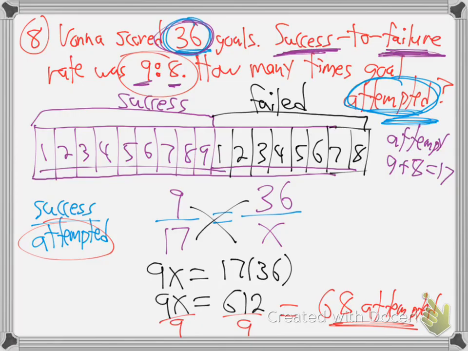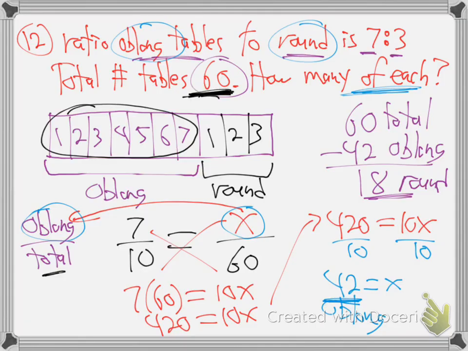Whereas back here on number 8, it was 36 goals, success to failure, attempted. That's total, isn't it? That's a way of saying total. Because how many you attempted includes those you made and those you failed. Success and failure. So they were using total. So you've got to watch out on these if they're using total or not. If they are, then you need to. That's why I did attempted at the bottom here. And same thing here, I had to do total at the bottom. We good with that? So let's look at